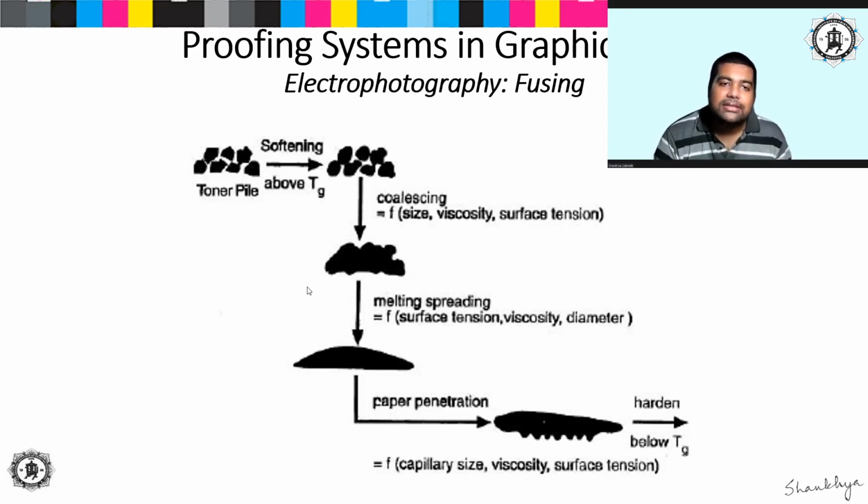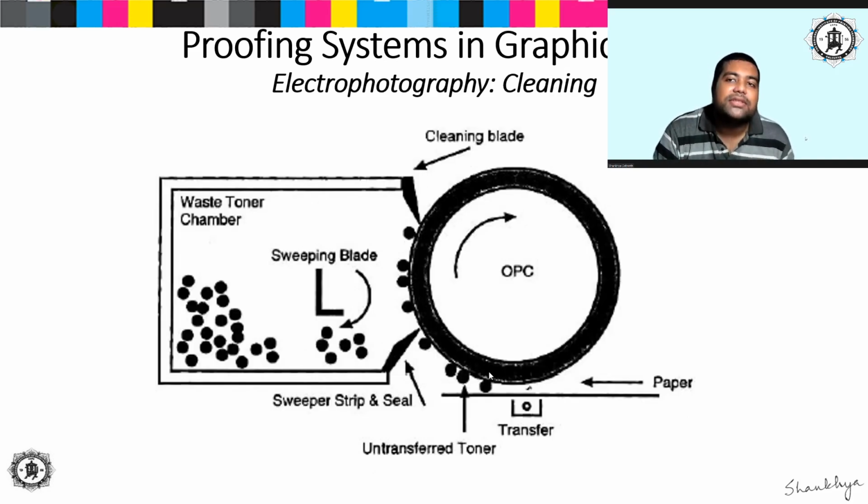They coalesce, they basically melt, and as soon as they melt, they start to penetrate within the paper due to the capillary forces, and they form a very hard layer on top of the paper surface. And finally, the last step is the cleaning part, where any untransferred toner on the photoconductive drum gets swept away by a sweeping blade, and these toner particles will be recycled and moved back